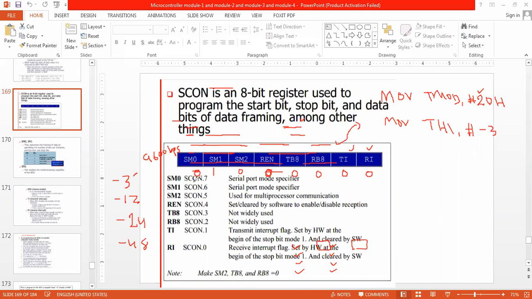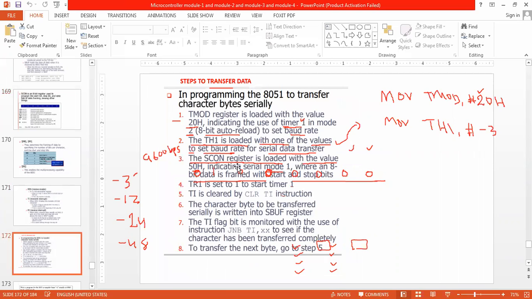So what is the value? 0, 1, 0, 0 is 4, 0, 0, 0. So it is 40H, not 50H here. Make the change. Whenever we are discussing like this, there may be many faults in the notes, so make the change. This is not 50H, this is 40H.